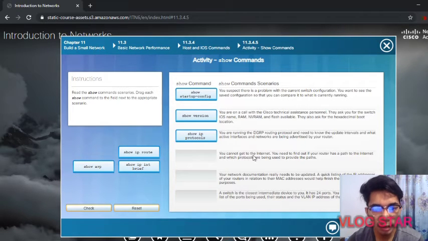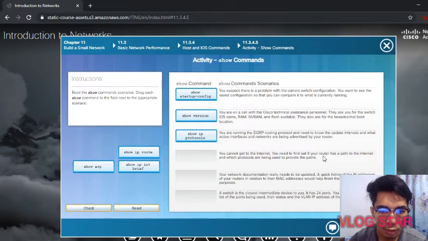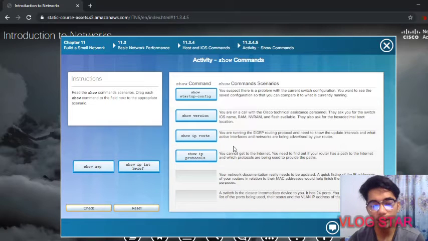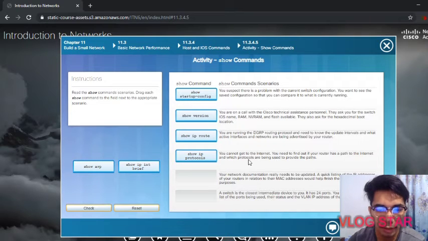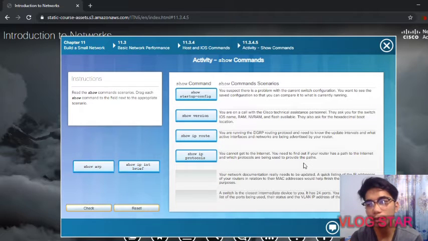Then you cannot get to the internet. You need to find out your router, but I think it's here. Then show ip route in the EIGRP. That would be show ip route. Then in the fourth scenario, that would be show ip protocols because you cannot get to the internet. You need to find out if your router has a path to the internet and which protocol is being used to provide the paths. The context clues or